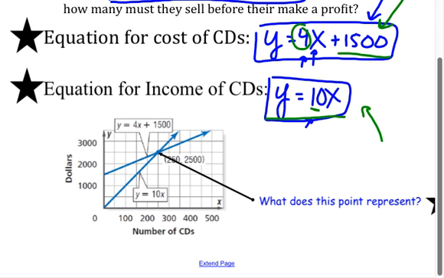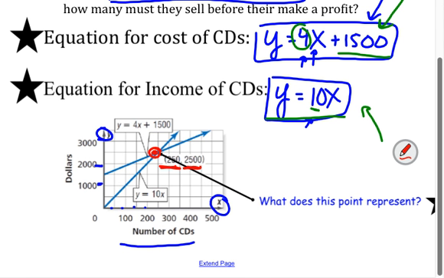You can see your x-axis here is the number of CDs. Looks like they're going by 50, 100, 150, 200. And your y-axis is in thousands: $1,000, $2,000, $3,000. The point we're looking for is the break-even point. That's the point where these two lines intersect, and that intersection is right here. That point is 250,